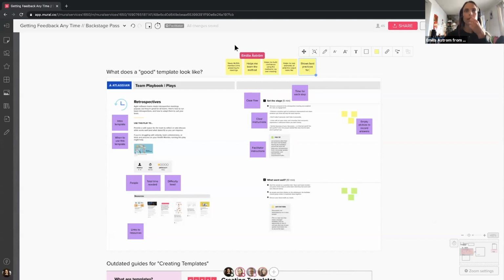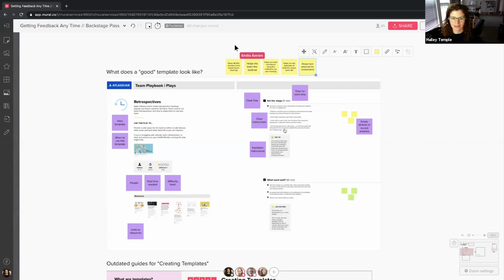Okay, this is helpful. I'm just capturing yellow sticky notes up top of what I'm hearing from you. Going through this at a higher level, it's saving value as a template. It's saving me time preparing for meetings. Maybe it's helping me learn a new method. It's showing a best practice for collaboration. And there is this play between a guide and then the actual workspace as well.